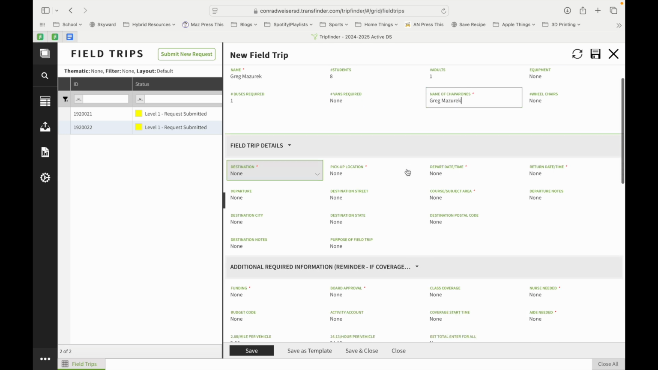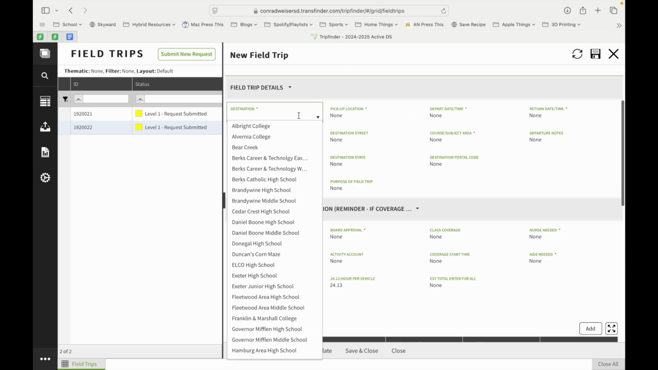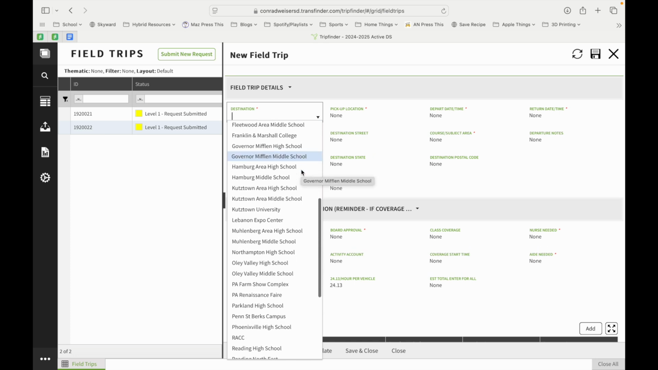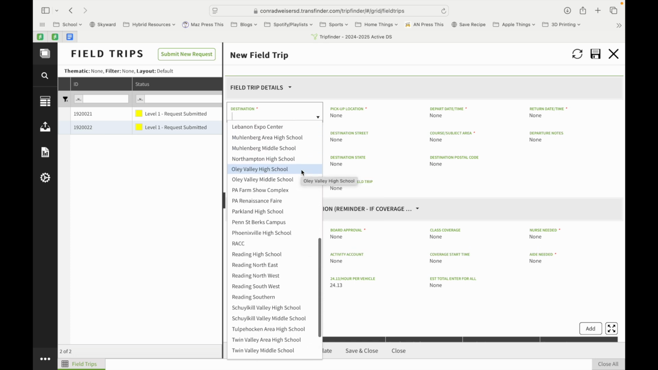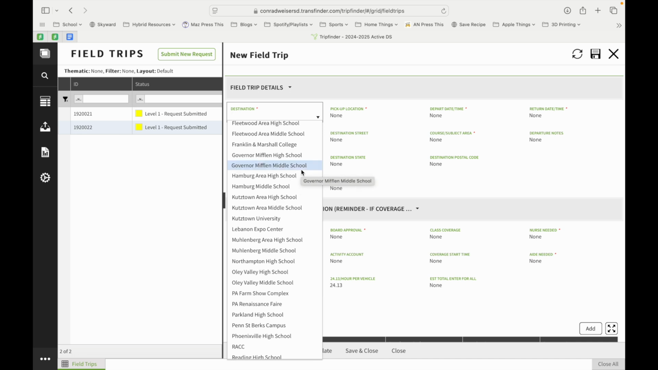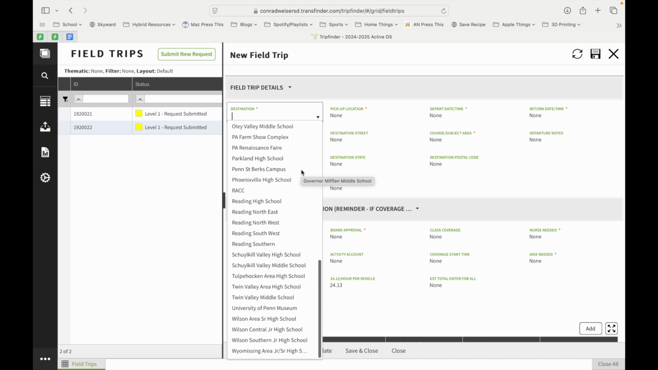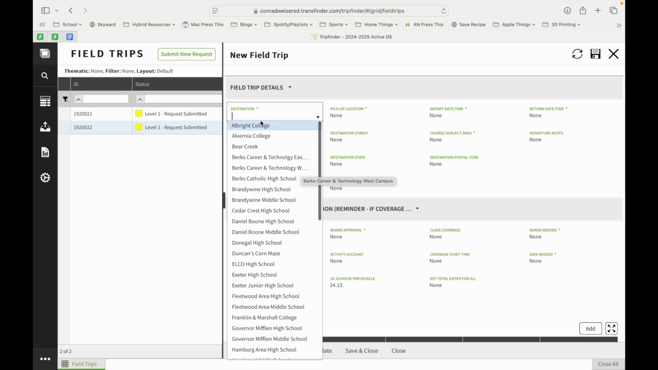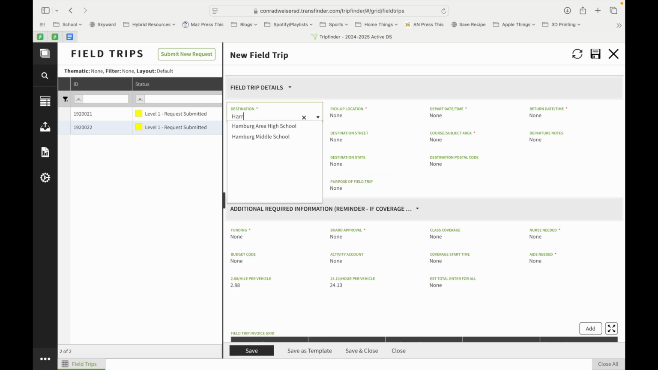And then I would go down into field trip details. Common destinations have already been filled in for you. Places that we go on a regular basis or that people have requested here. If where you're looking for is not listed, you just have to type in the information up at the top. Pickup location is where you expect to be picked up. If you know the door number, that would be helpful, but if not,